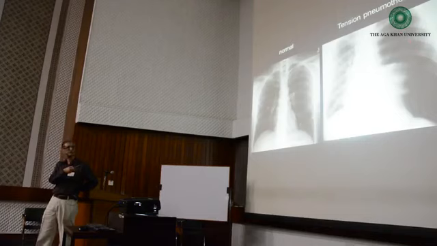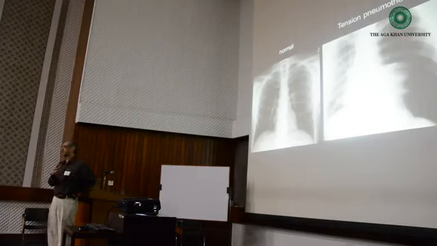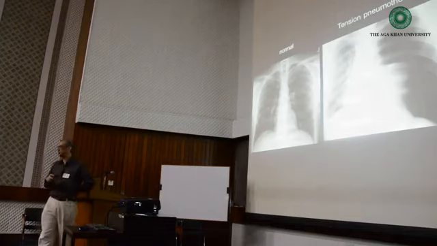This is the air between two layers of pleura. So there's nothing to attenuate the X-rays. A pneumothorax always appears more black or more lucent compared to the normal lung, because the normal lung has blood vessels, it has lung parenchyma. But this is air alone between two layers of pleura.